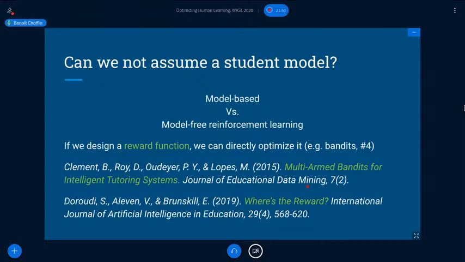We can rather define a real-world function, for instance, the probability of correctness at an immediate or delayed test. And for example, if you define such a reward function, this would yield some kind of adaptive spacing algorithm. Or also you can define the reward function that you want to optimize, maximize or minimize, to be the minimum probability of correctness on the contrary.